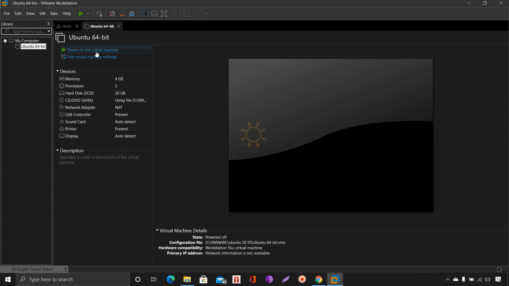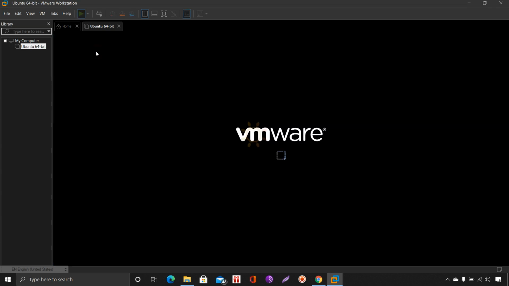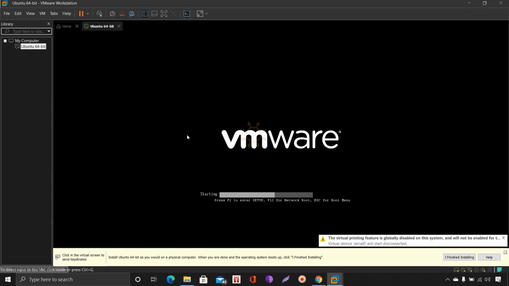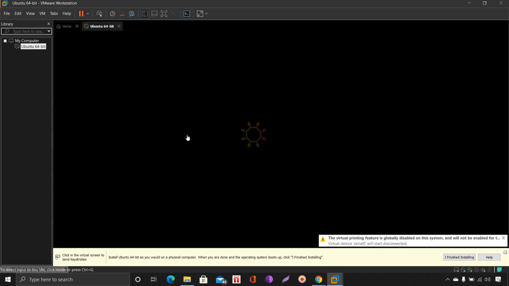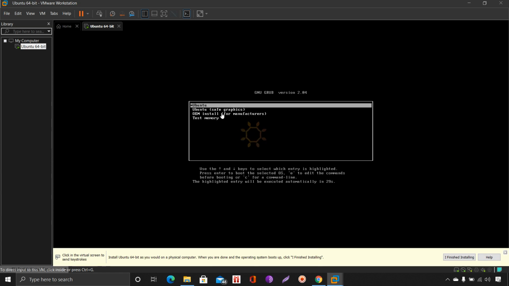Now power on this. Here you can see that test memory and OEM install. Now click just the first one, Ubuntu. If you are not clicking also, it will take automatically after some 18-19 seconds.